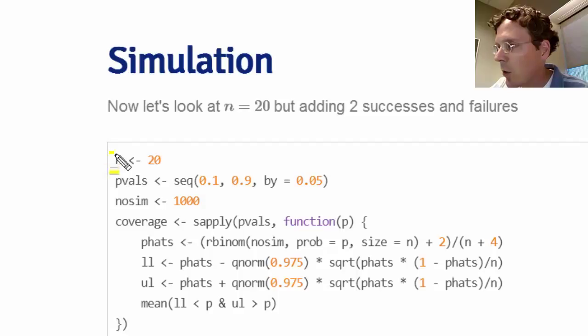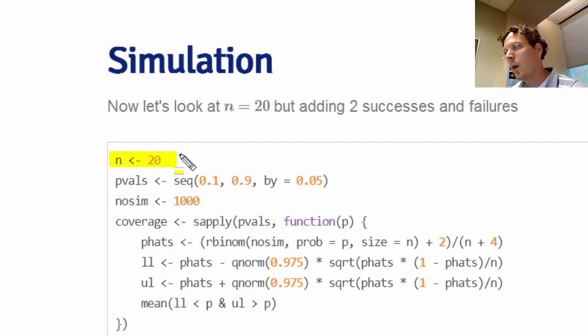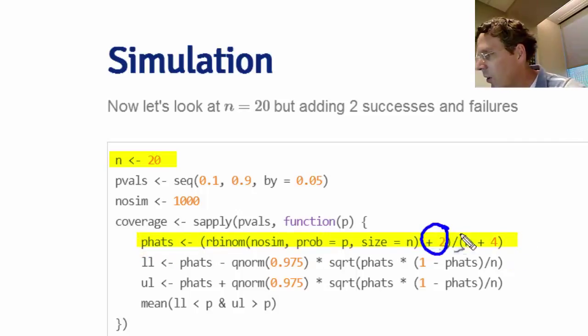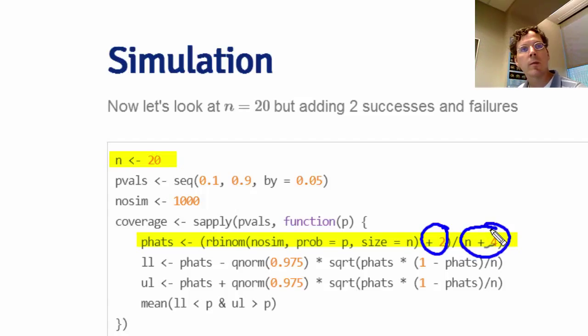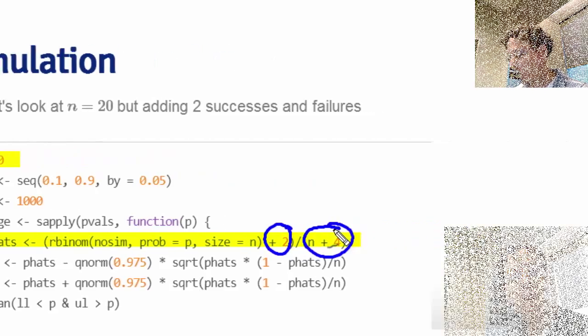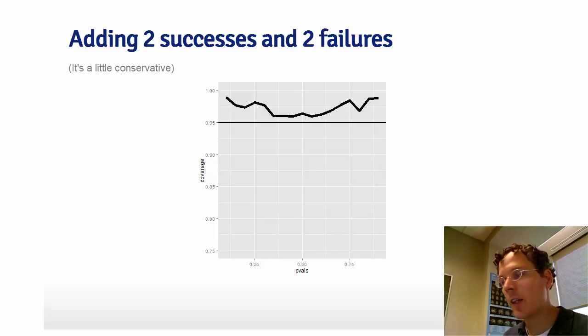So I'm setting n equal to 20, okay? But now when I calculate my confidence interval here, notice that I am adding 2 successes and 2 failures. So let's see the performance of that. And you can see that the add 2 successes and add 2 failures interval tends to cover the true success probability with a higher percentage of time than 95%. This is a little bit better than the extremely poor coverage of the Wald interval for certain values of the